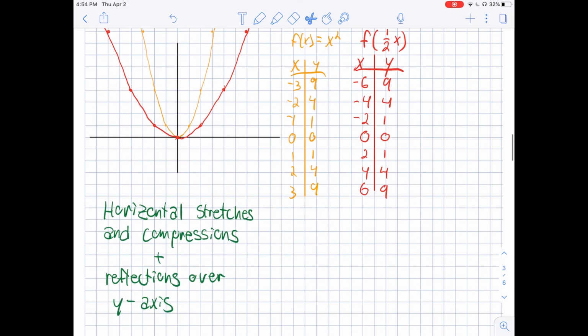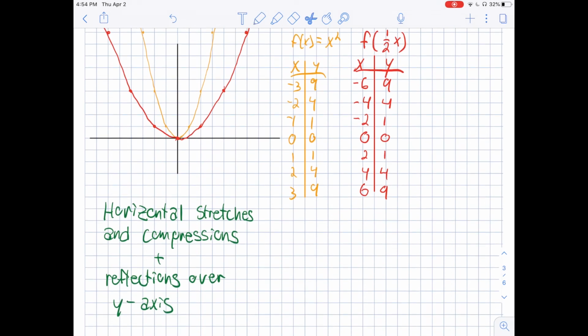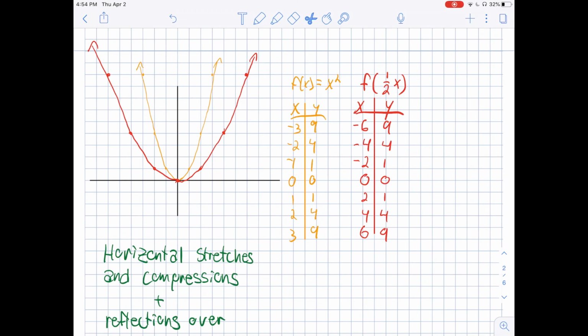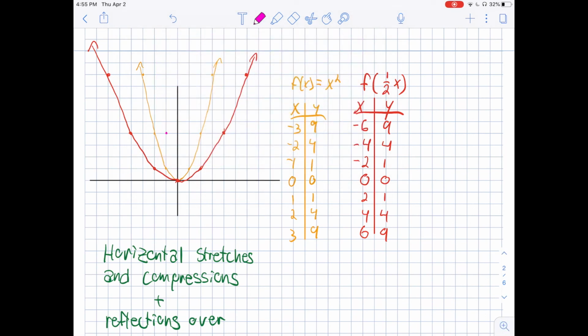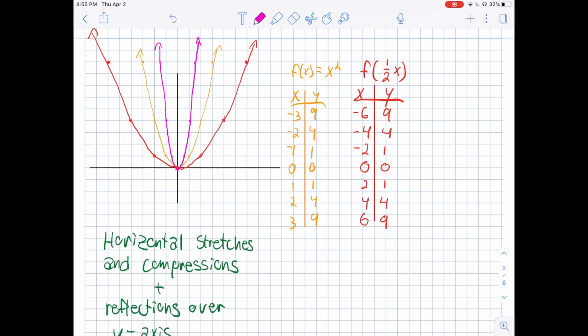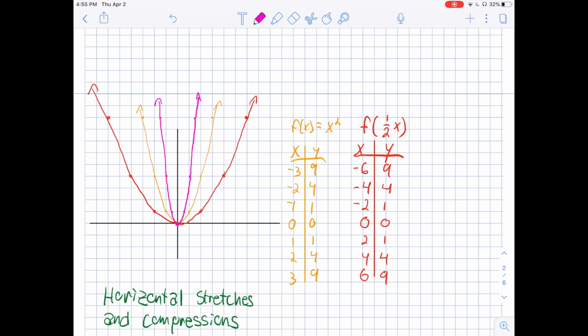So this is the same process you'll use if you want to do a compression as well. If we want to shrink our graph horizontally, let's say we wanted to shrink it by 2, shrink it in half. So it'll look something like this. Our new x values are all 1/2 of what they used to be. Our old x value was 2. So what we would do is make it be f of 2x,